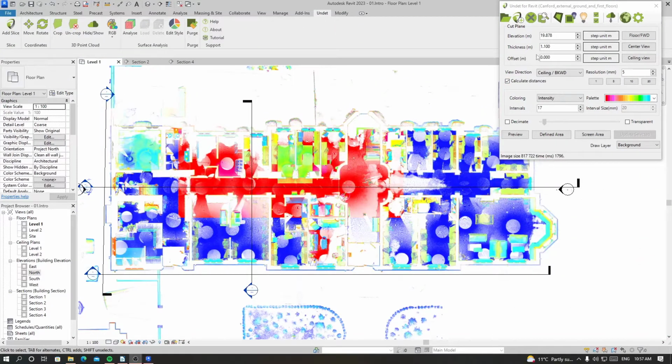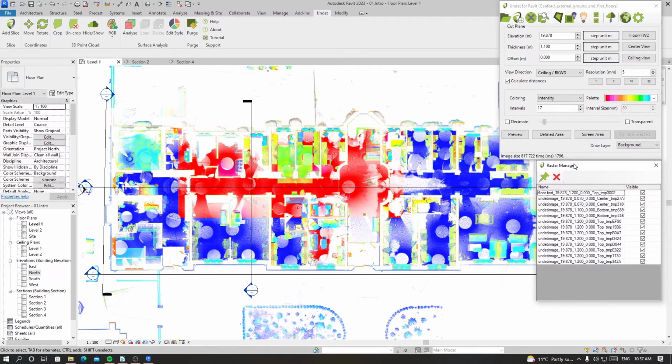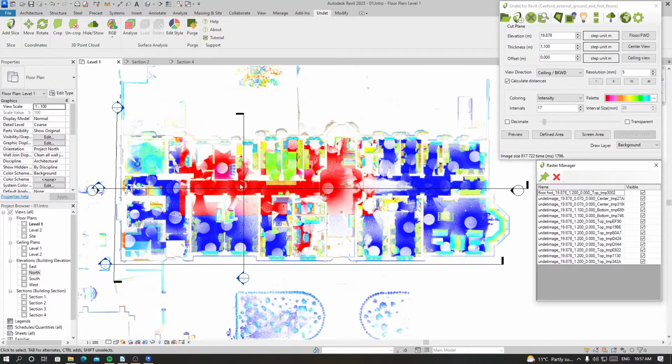So there are many other tools in Slice Manager also. For example, Raster Manager, Show All, and all these elements. Let's try and see what they actually do. If we click on Raster Manager, it shows us all the images created in the selected view, and controls their visibility